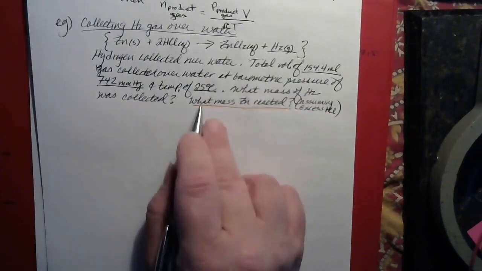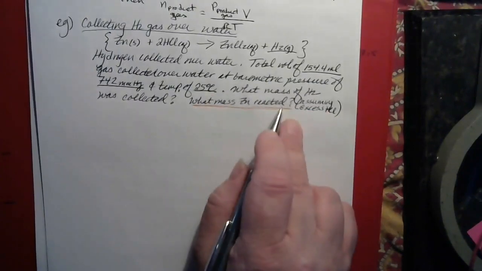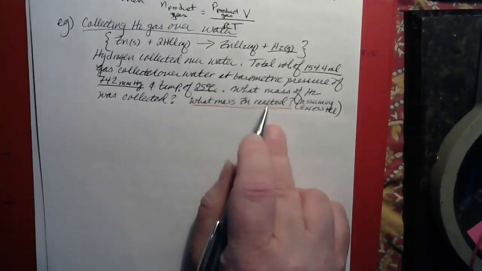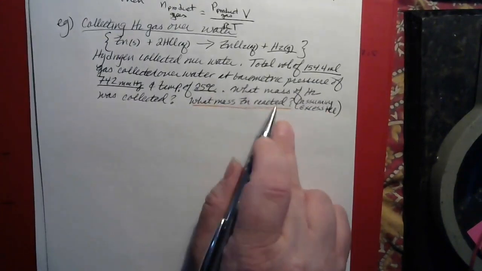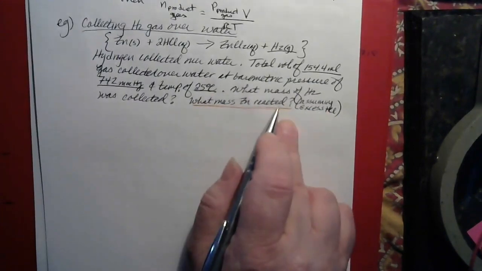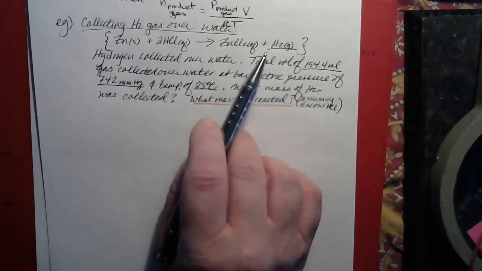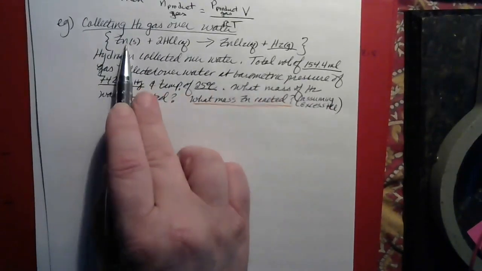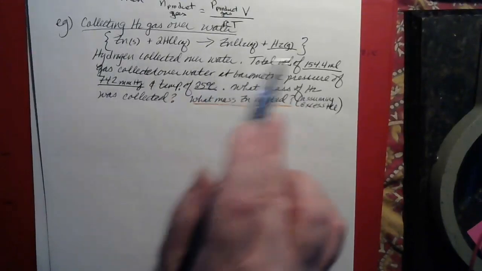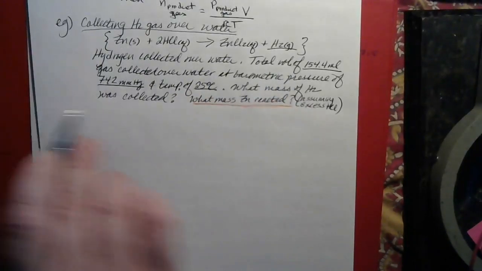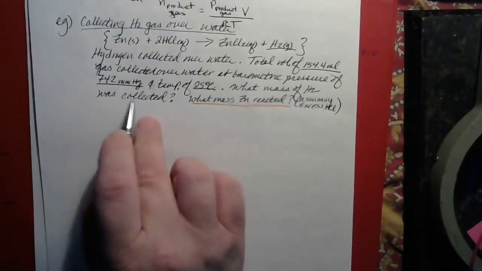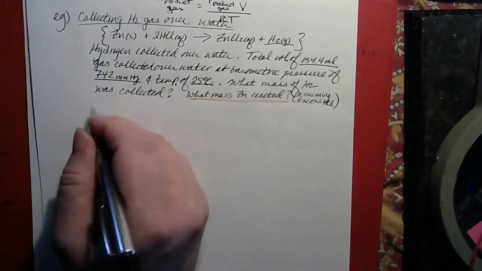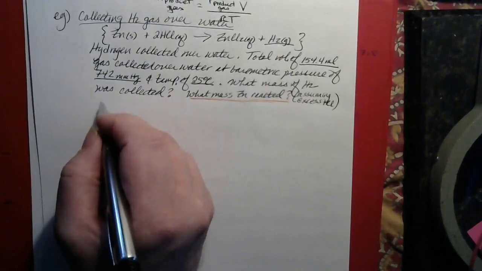And as an extension of this concept, we might want to go back and find out from that what mass of zinc was reacted, because that would be just a stoichiometry problem. If you can find out how much of this was produced, you should be able to find out how much of that reacted. But we haven't done that before with gases. So that'll be something else we can look at. But we'll do that second. First of all, what we need to do is find out